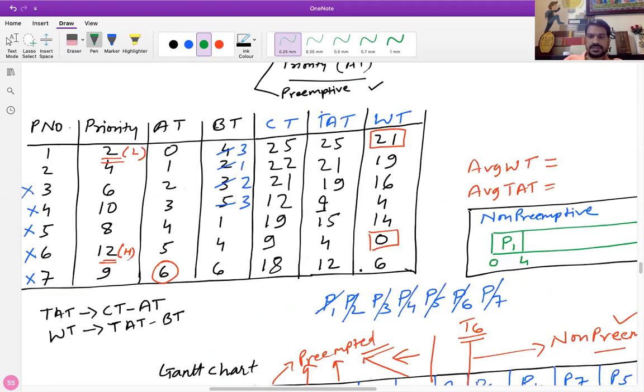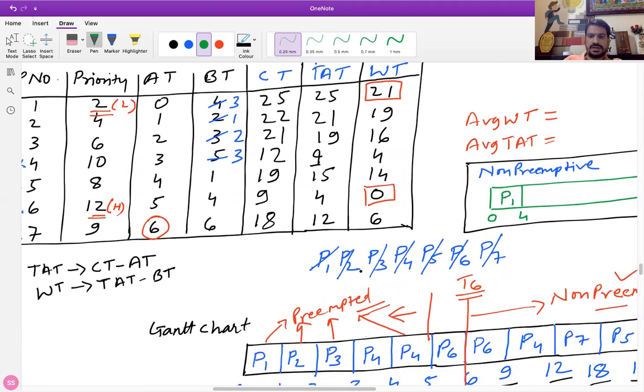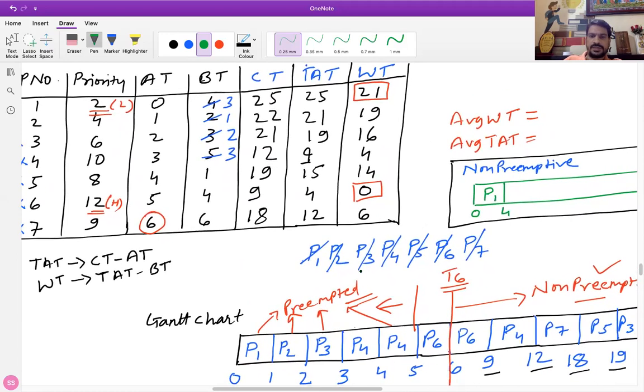Now at time 4, what are the processes that are available up to P5? We'll compare the priority up to this point. At time T4, we'll see from process 1 to 5 which has the highest priority. We know that process P4 has the highest priority, so P4 will be given the chance and it will execute all its burst time. 5 means it will go up to 9. At time T9 all other processes are available, right? So other than P1 and P4, we'll compare the priority. We'll find that P6 has the highest priority, so P6 will come here,